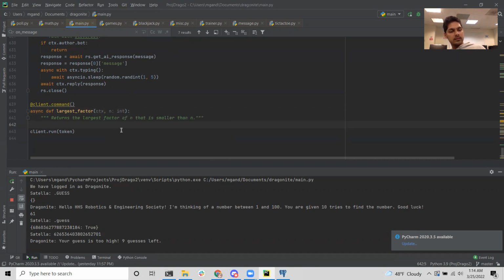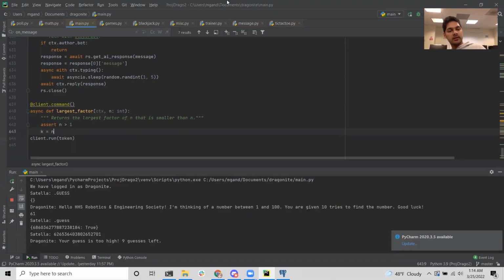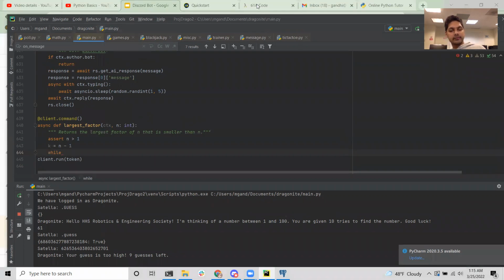Okay, so I'm just going to copy the code from earlier. The point of this is just to see what the differences are between writing code for this and regular code, because we want to send the response.